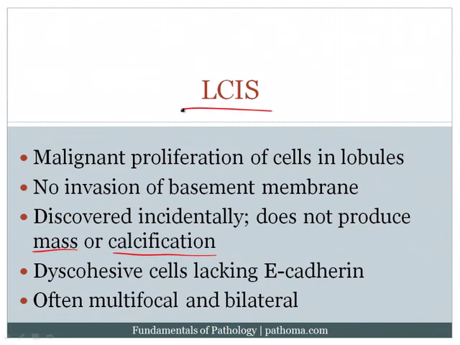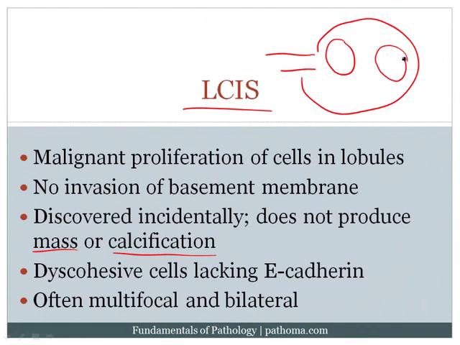Now, one of the key features about lobular carcinoma in situ is that when you look at the cells, let's pretend that this is the terminal duct and this is the lobular unit, and you've got these glands here. When you look at the cells, they are often discohesive, which means they are not stuck to one another. Instead, they're very separate from one another. And that's important because one of the key characteristics of this particular tumor is that it lacks an adhesion molecule called E-cadherin. Now, E-cadherin is the glue that allows cells to stick together.